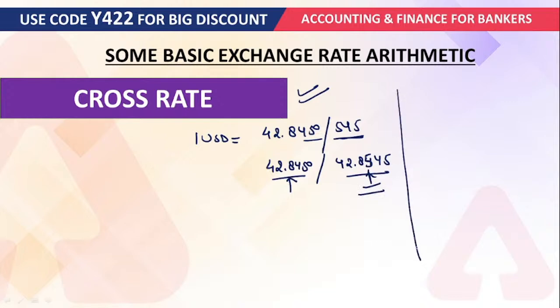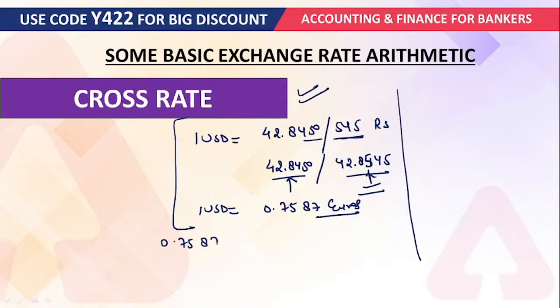Okay, so first you have to purchase the dollar against the rupees. After that you convert, and after that you can acquire the euro against the dollar. Okay, so that is the whole process, right? So the idea is that $1 is equal to 42.8450 slash 545 rupees, and after that $1 is equal to 0.7587 euros, right? So if we have to find the relationship between euros and rupees, we can break it from here. We can also write it as 0.7587 euros that would be equal to